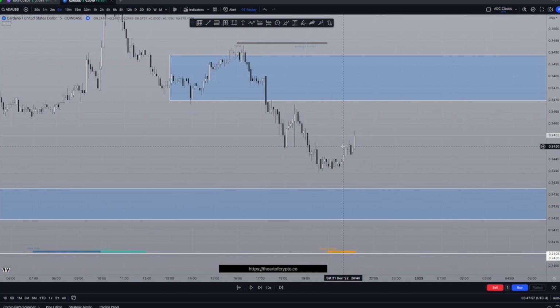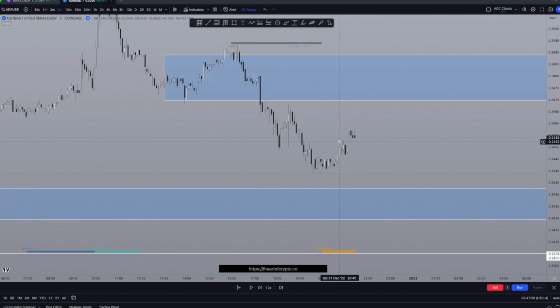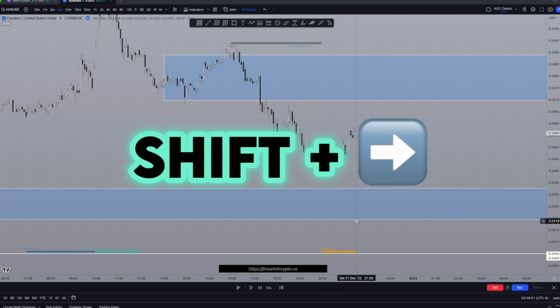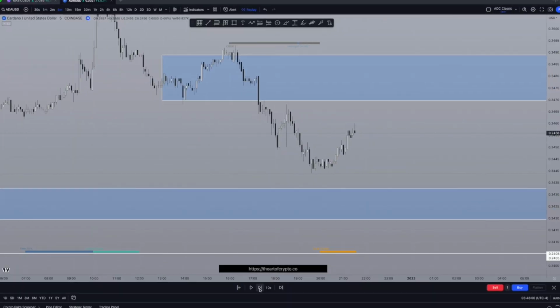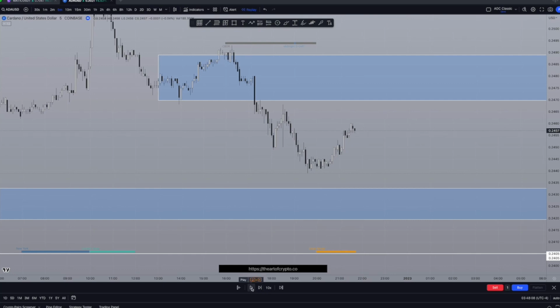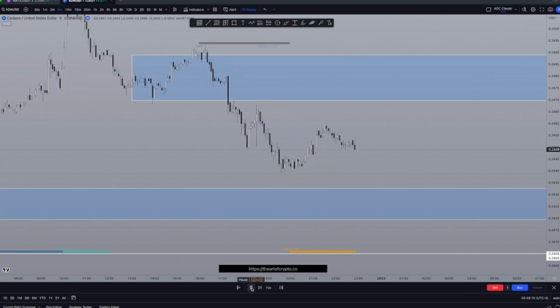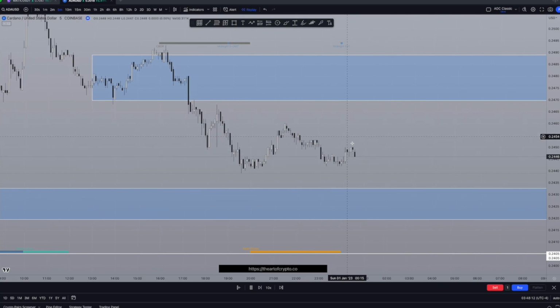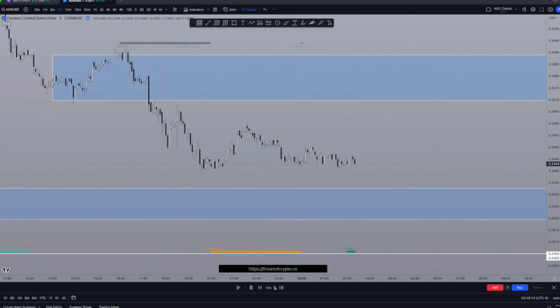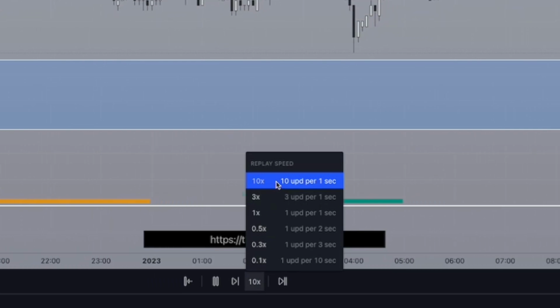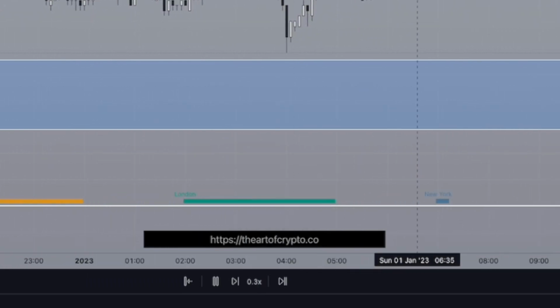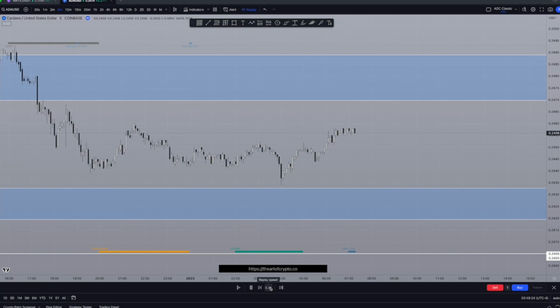The way that I'm moving these charts at the moment is by pressing shift and right arrow. You can also do it from here. This button will move it forward by one candle. If you press this button here, it'll just play, and you can adjust the speed at which it plays. Now, you might think this is pretty fast, but you can adjust it by pressing this button here. I am on the maximum speed at the moment, but you can go to, let's say, 0.3 times